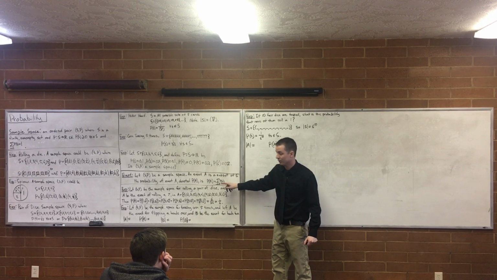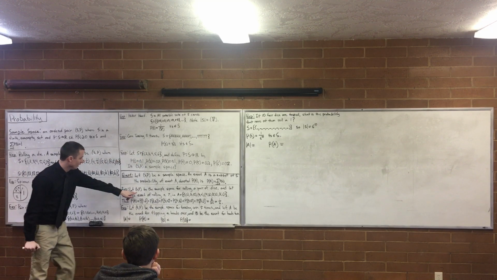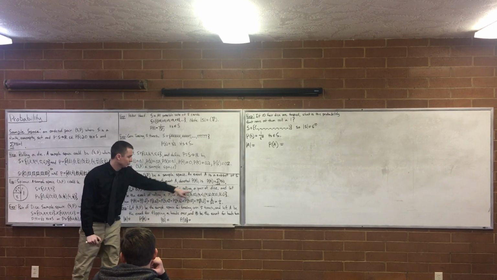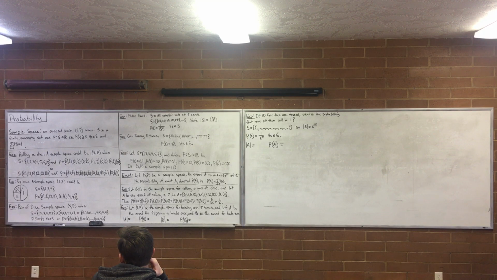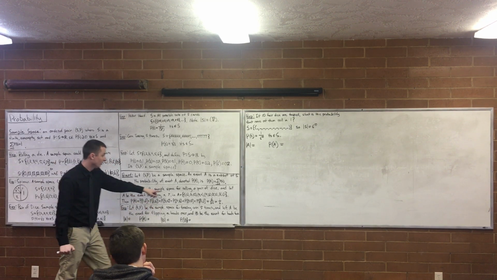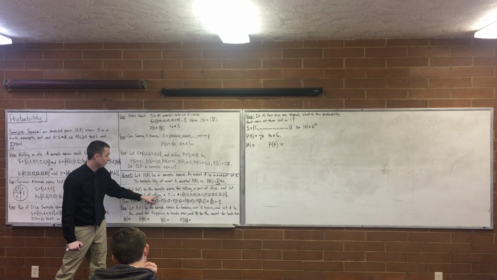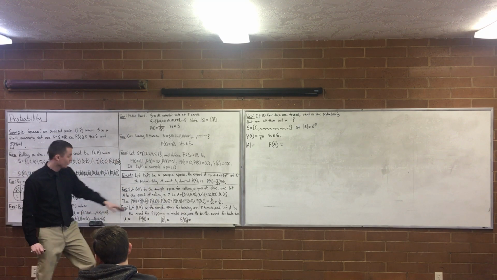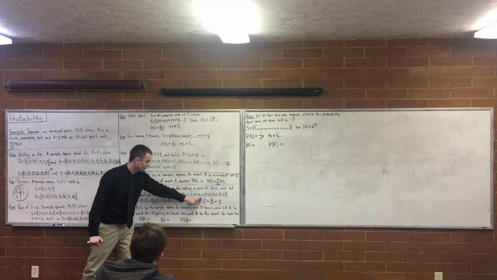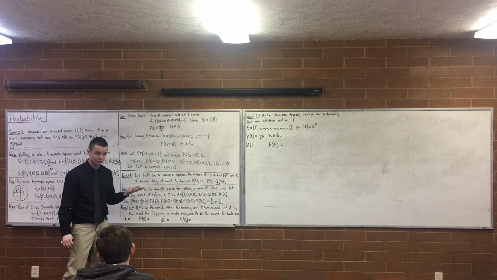Okay, what does that mean? Alright, let's see an example, then go back over the definition. So, let S be the sample space for rolling a pair of dice. What I meant by that is let it be the same sample space that we used here. And let A be the event of rolling a 7. In other words, A is (1,6), (2,5), (3,4), (4,3), (5,2), (6,1). Those are all the rolls that give you a 7.